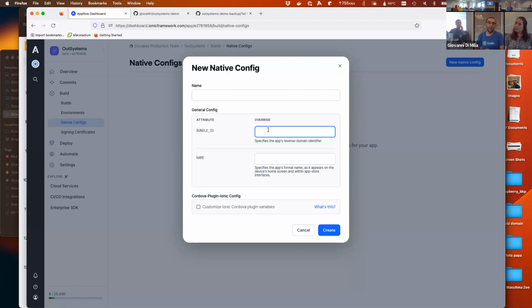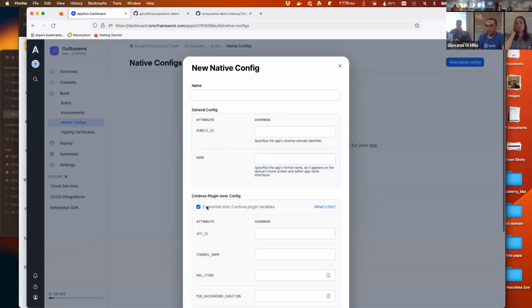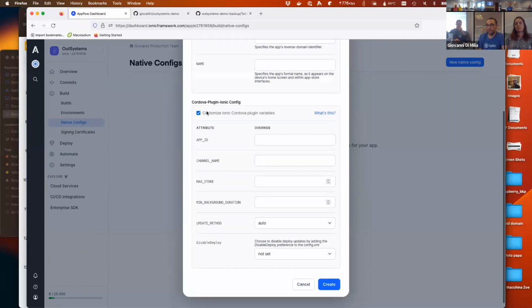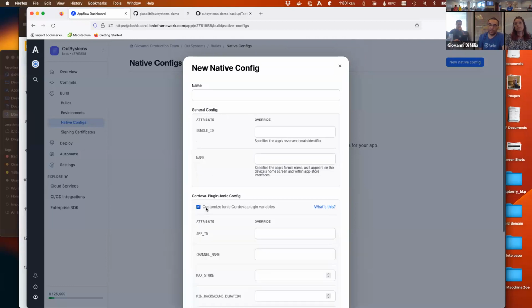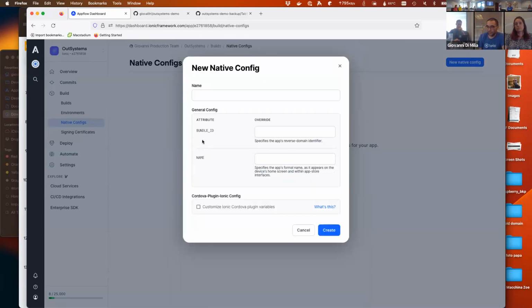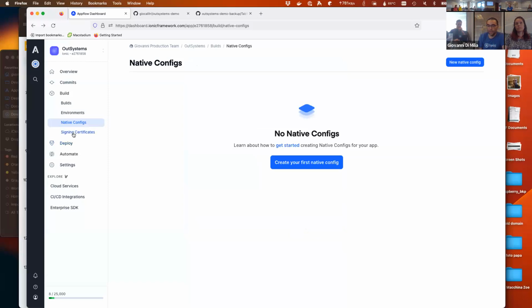You might have a bundle ID, let's say, for your test team, and with the specific signing certificate for your test team. So what you really want is to override this in a way that matches your signing certificates, and the name, of course, you can change the name of the app to match different kinds of build. This is to customize the over-the-air plugin, the live updates plugin, but I'm not going to talk about this.